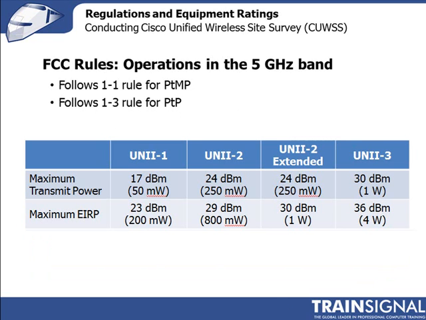So here we're looking now at operations in the 5 gigahertz band, still within the US. And what you're seeing here is that in the 5 gigahertz band, it still follows the 1-to-1 rule and the 3-to-1 rule for point-to-multipoint and point-to-point that we saw in the 2.4 gigahertz band. But now look at the table. What you're seeing here is the 5 gigahertz